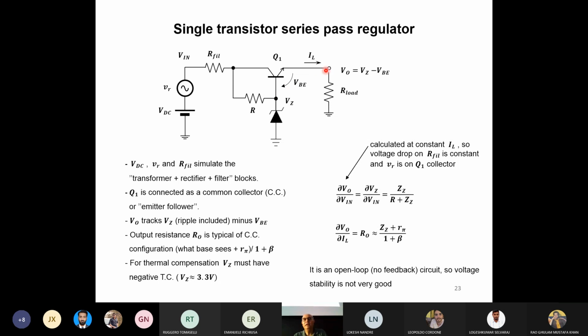But we know that if we connect the meter with a load, we are basically considering a sort of common